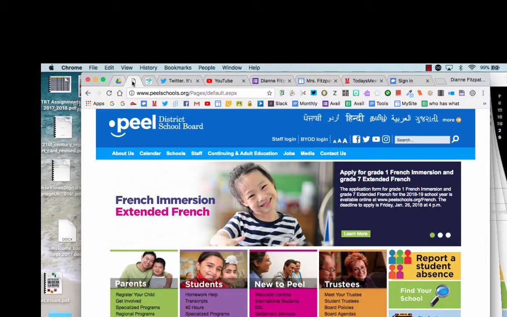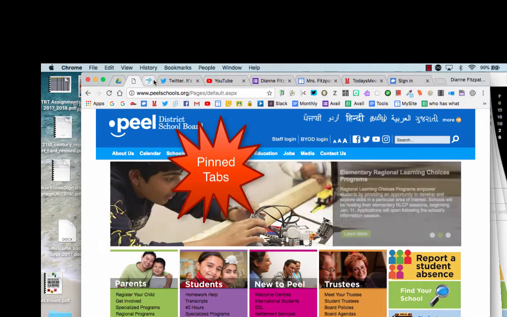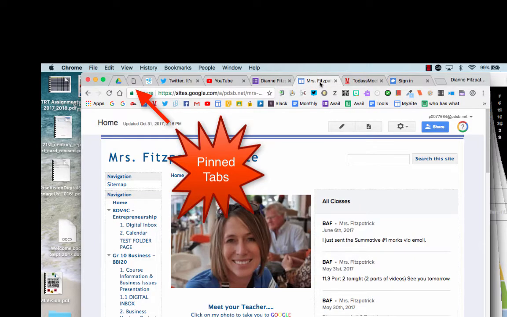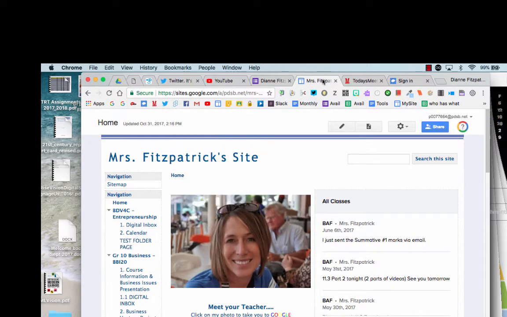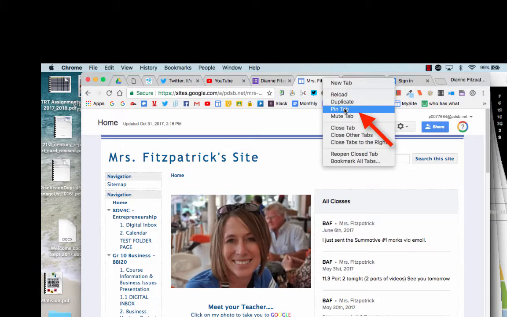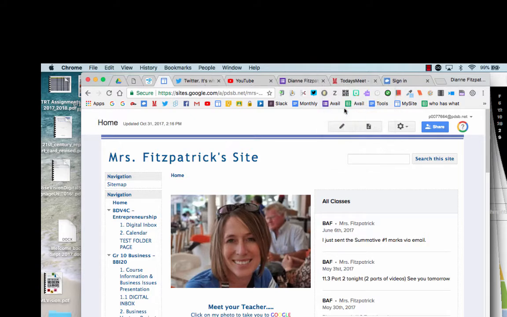I have 3 tabs that are pinned at the top. What that means is I right-clicked on the actual tab up here and I hit Pin tab, and it's going to, as you see, move it to the left-hand side. And the reason why I like this is because I am always in and out of Google Chrome all day long, literally my entire day, and there's certain sites that I want open or pages I want open all the